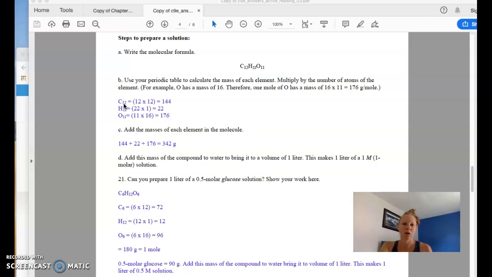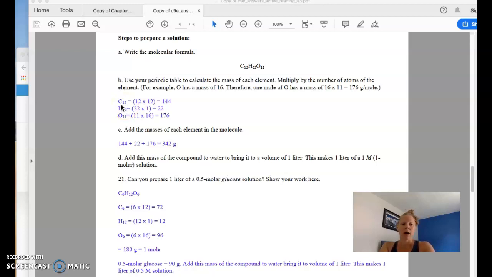What we're doing is we're trying to create a liter of solution, and what we want to know is how much of this solute to put into the solvent. And so here we have